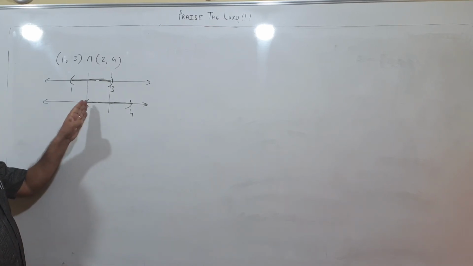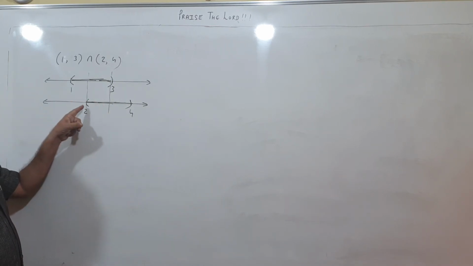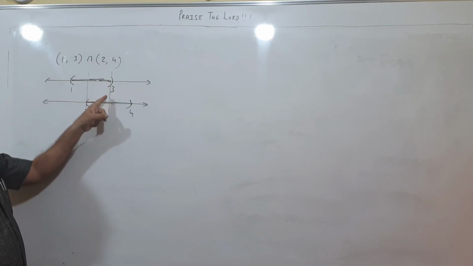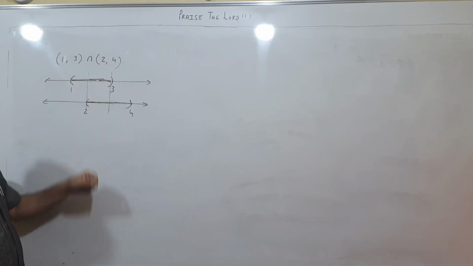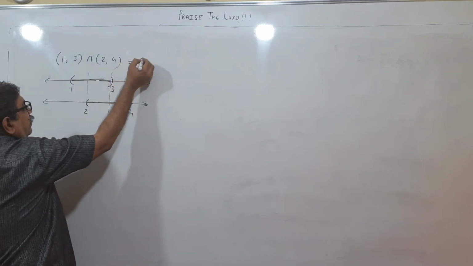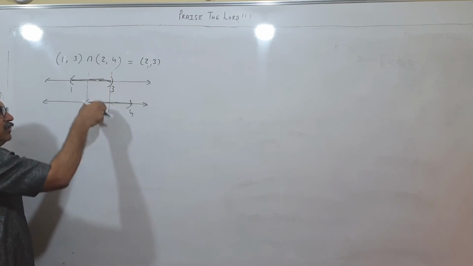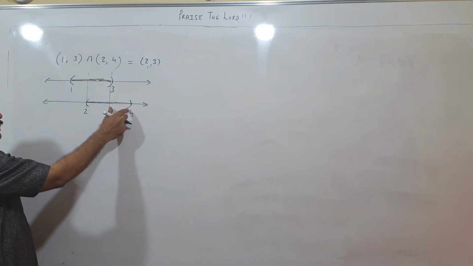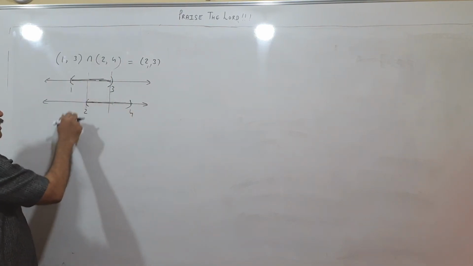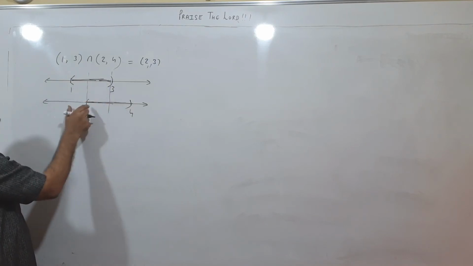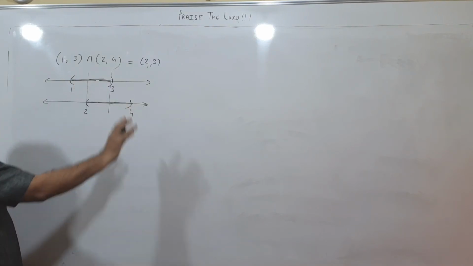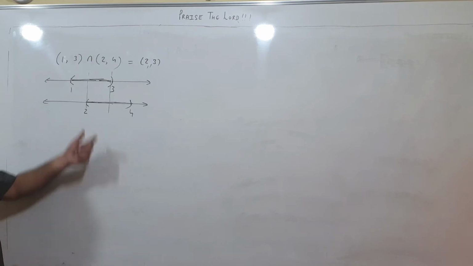So all elements from 2 to 3. 2 is not here but here, 3 is not here but here. So in both the sets 3 is not present, in both the sets 2 is not present. So what will be the answer? Starting from 2 to 3, 2 se leke 3 tak. Common region. This much region is present here but not here. This much region is present here but not here. So this and this gone, they were not common. Remaining middle portion, common region we take.